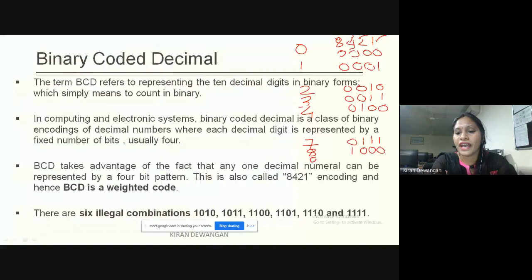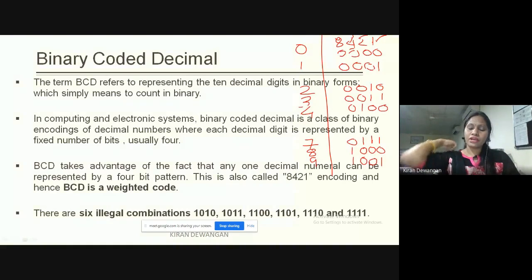Similarly, we'll have 9. It is 1 0 0 1. Done. We have coded all the decimal numbers, that is the decimal numbers 0 to 9 in BCD.